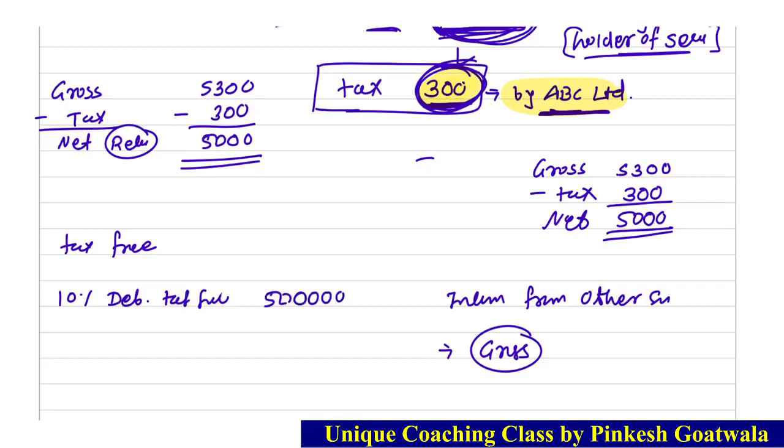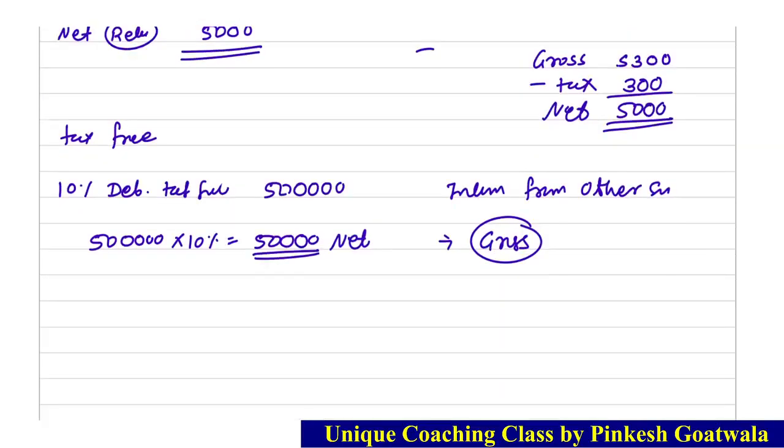If you find 5 lakh na 10%, you will get 50,000. But I told you whatever the amounts come, this amount directly paid to the holder, so it is a net amount. And suppose in a question they give the interest directly 15,000, even in this case it is a net amount. So I just want to say that in case of tax free,